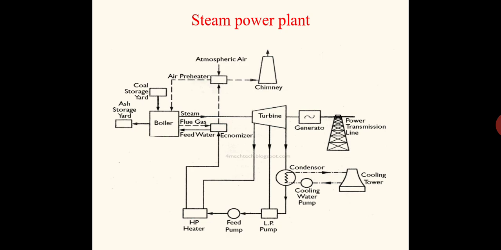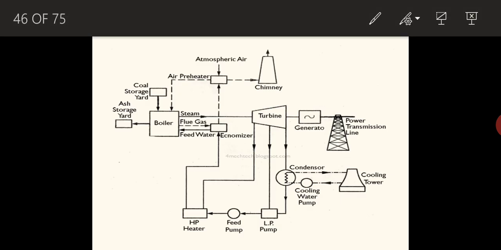You can see from the figure, here, this is the boiler from where the steam is generated. For producing the steam inside the boiler, heat is to be supplied. Usually in steam power plants the fuel used is coal, which is the cheapest one, which we have already discussed while discussing the various energy sources.